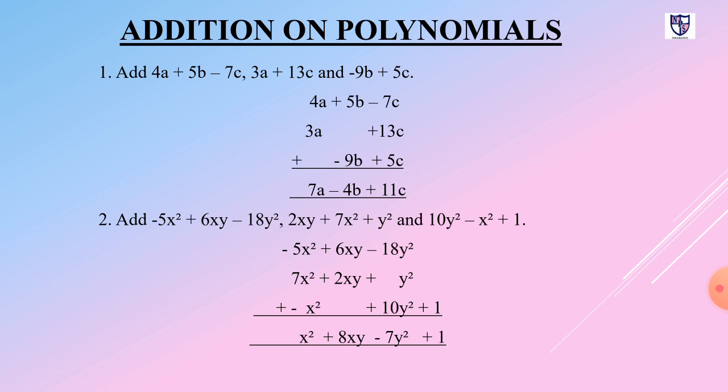We know that when we have two different signs, minus and plus, then we have to subtract the smaller term from the larger term and follow the sign of the larger term. Here the larger term is 13, its sign is plus. We have to subtract 7 from 13. Then we get 6. Then we have to add 6c plus 5c. So 6 plus 5 is equal to 11, and we get the answer 11c.